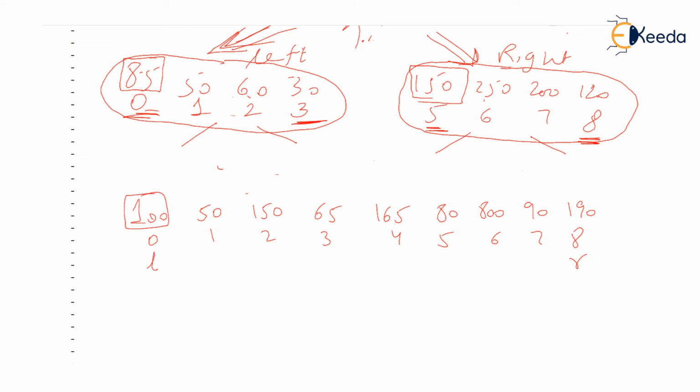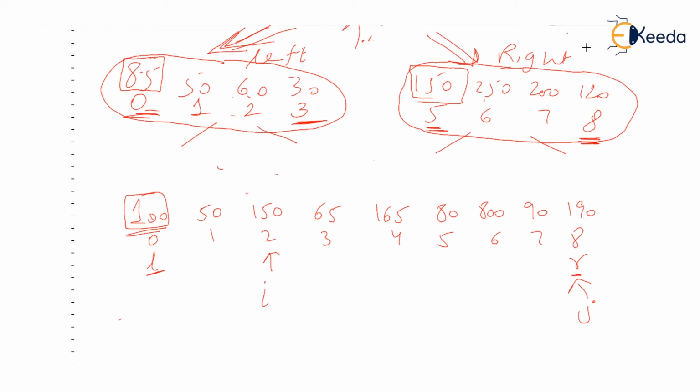So we are given two bounds, L and R, and we have to play in this region only, L to R. So 100 should get fixed somewhere between L to R. How do you do that? Start a counter I and J from the two extremes, and then increase I till we get the first value which is greater than 100. Remember, I always searches value greater than 100. Obviously, the counter I will stop at place 2 because second place is the place which stores 150. This value is greater than pivot, that is 100.